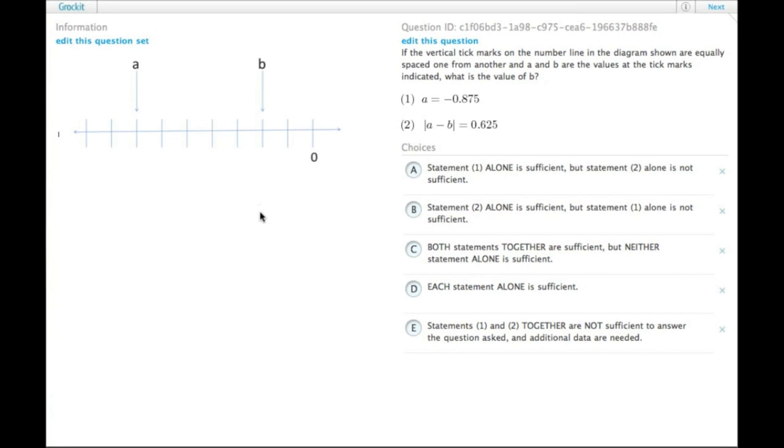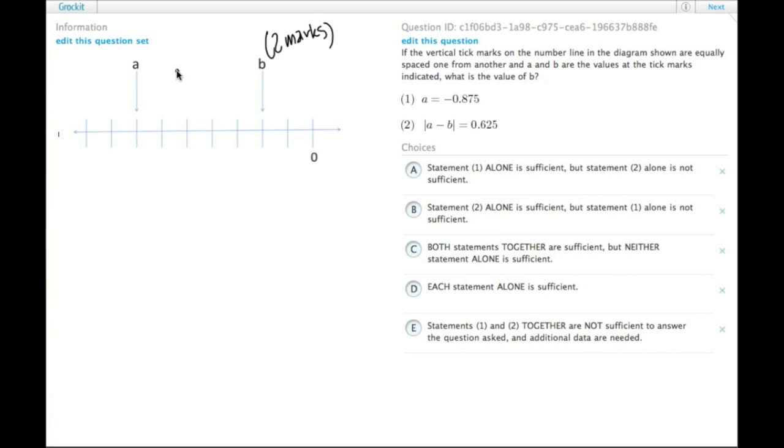So every one of these marks is an equal distance from one another, and A and B are the values on these respective marks. What is the value of B? So if we can find out any of these distances, we can figure out how many marks there are in that distance, and then divide, figure out what one of the marks is, and we realize then that, for example, B is